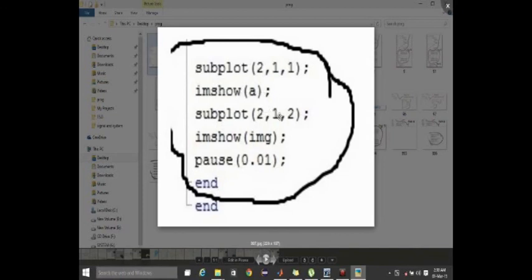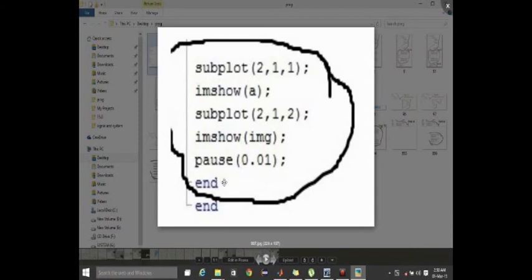Similarly, for the second area of the subplot, second row, first column, we are displaying the color image using imshow IMG. Okay, and there we are giving a pause of 0.01 something, but it's not required, you can remove this one. I just forgot to remove it.